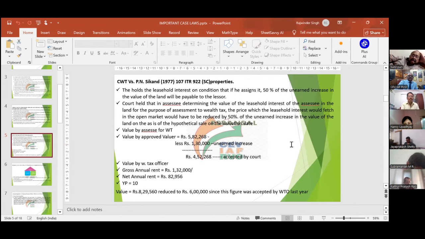If a property is on lease, तो आपको ओनर्स इंटरेस्ट निकालने के लिए अनअर्न इंक्रीज निकालना पड़ेगा। अनअर्न इंक्रीज अगर आप देते हैं तो आप कैसे कैलकुलेट करेंगे, और उसके ऊपर अगर कभी आपको अपने आप को डिफेंड करने के लिए कोई जजमेंट देना पड़ा तो you can very easily quote CWT वर्सेस PN सिकंद 1977 का केस है। 107 ITR 922 सुप्रीम कोर्ट ऑफ इंडिया, प्रॉपर्टीज के ऊपर।